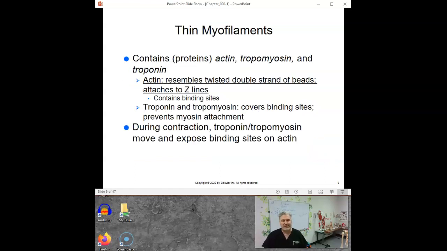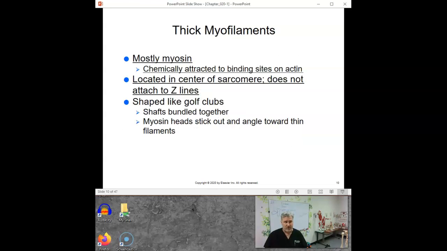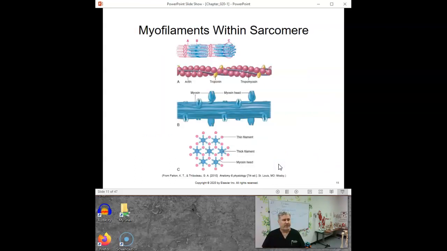And your book's going to mention this. I don't think it's important at all. But between these thick and thin filaments, there are what they call Z lines that attach all the sarcomeres together. It's not important for us at all. I just wanted you to understand. It's somebody naming a junction between these areas. Okay. Questions so far? No. Okay. Can understand that.